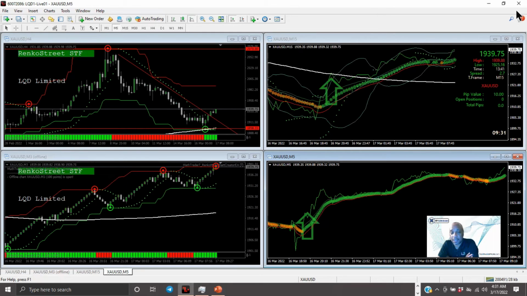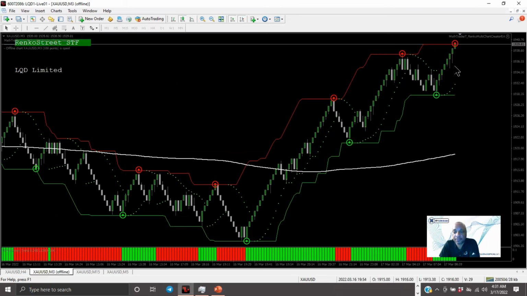So as we see, this thing is climbing nicely, and it's going up. So that's the side of the tape that we want to be on. And here it shows a clear sign that this thing is trending, and this is momentum. Renko Street, and this is one of the reasons why I like the Renko Street software. Number one, it was free, but at the end of the day, it truly helps understanding patterns and the movement of a currency